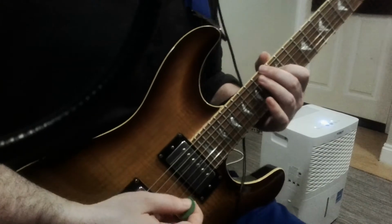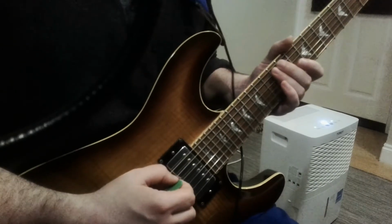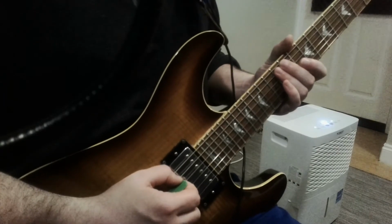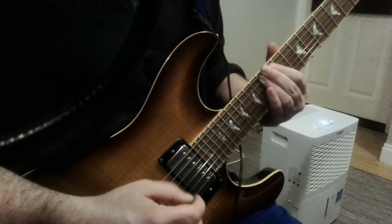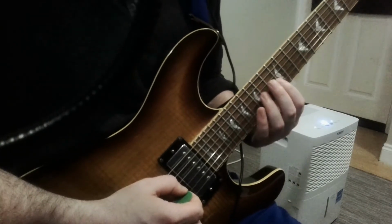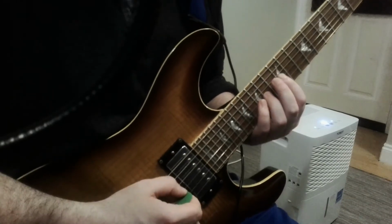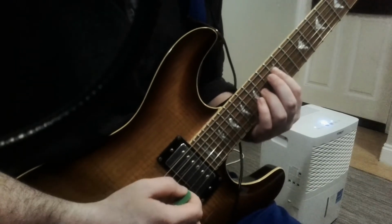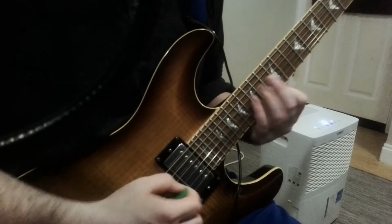And the next section is this. So we pick 12th fret A string with our 3rd finger and we slide up to 13. When we go to the G string, we have 12, 14, back to 12, 15 on the D, 12 on the G, 14 on the G, 15, high E string, 13th fret, then back